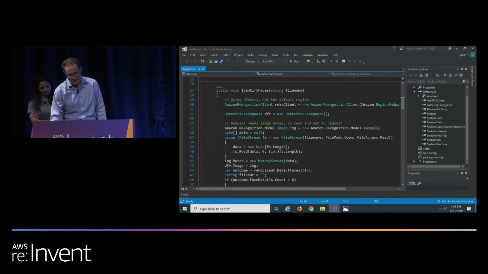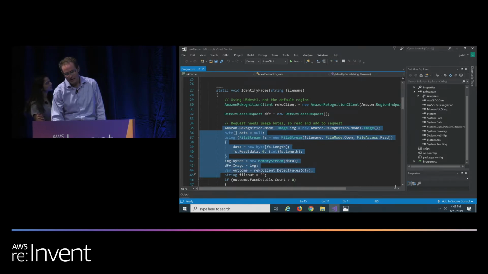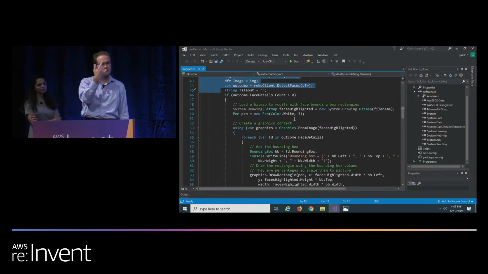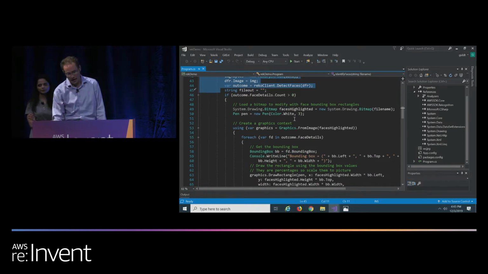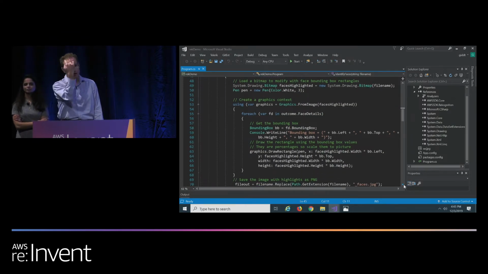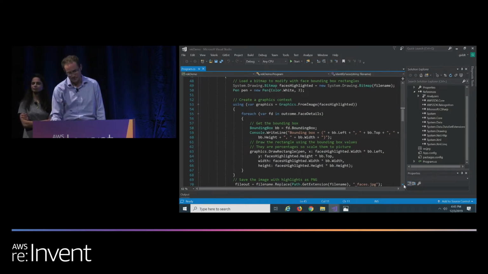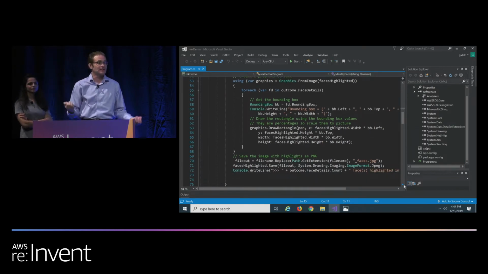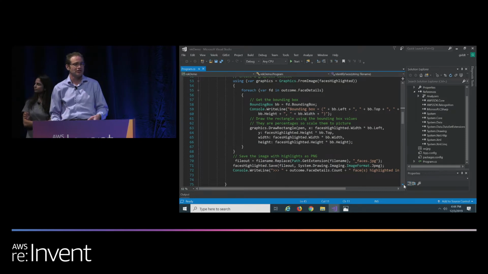I create the client. I create the detect faces request. I read in the image data. And then I call detect faces. Now, it's going to actually return the faces and the bounding boxes around the faces. So I'm going to go ahead and draw a white line around each face that it detected, and then I'm going to show the picture. So you can see it's a couple dozen lines total, and actually doing the prediction is about a dozen lines